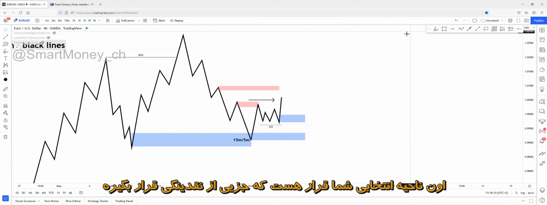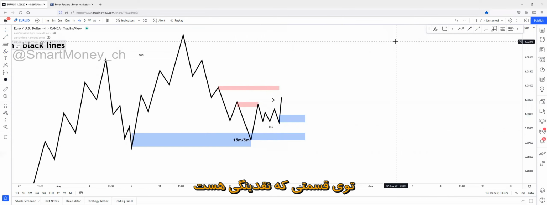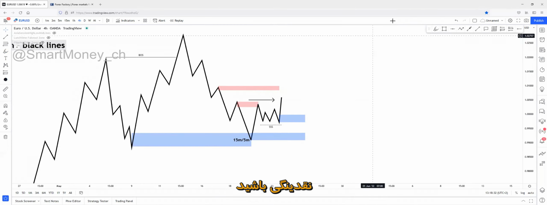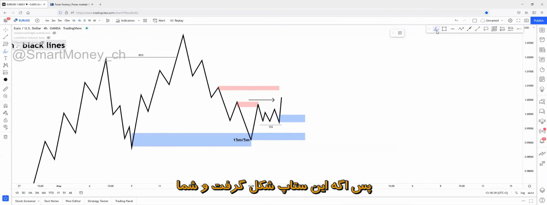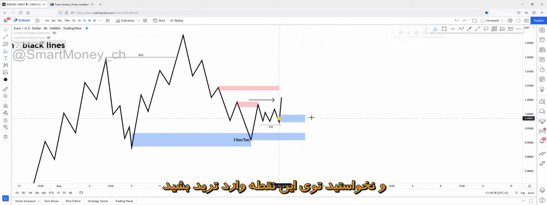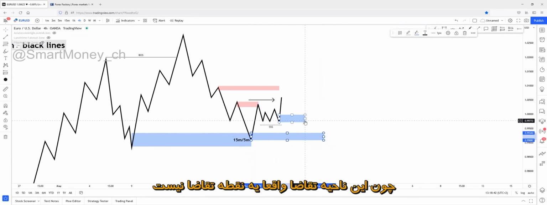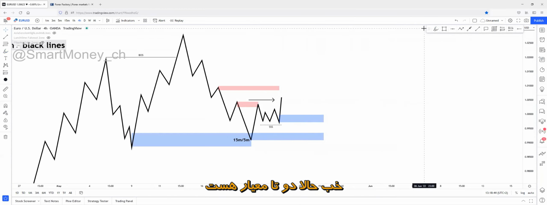If there's liquidity for your zone, and if the zone you're trying to enter on is part of the liquidity, then you can't use that zone for your entry point because you want to avoid being part of the liquidity. And literally, you just want to avoid being part of the liquidity at all price, right? So if this setup forms and you're insecure about this liquidity point, and you're insecure about this POI, and you don't want to enter on this POI, and you don't want to enter on this POI either because this demand zone is not really a demand zone because it couldn't take a supply out.